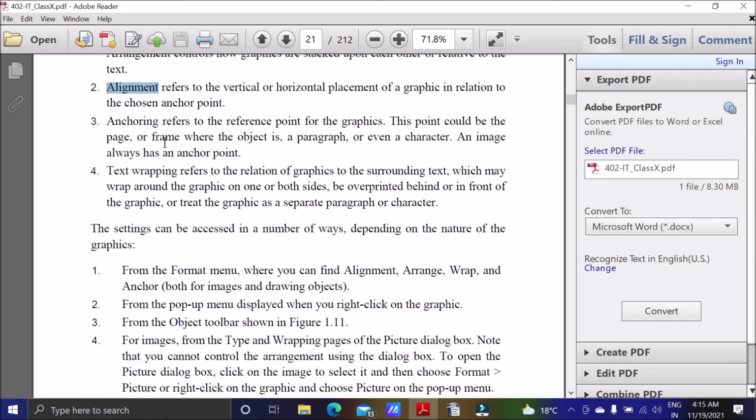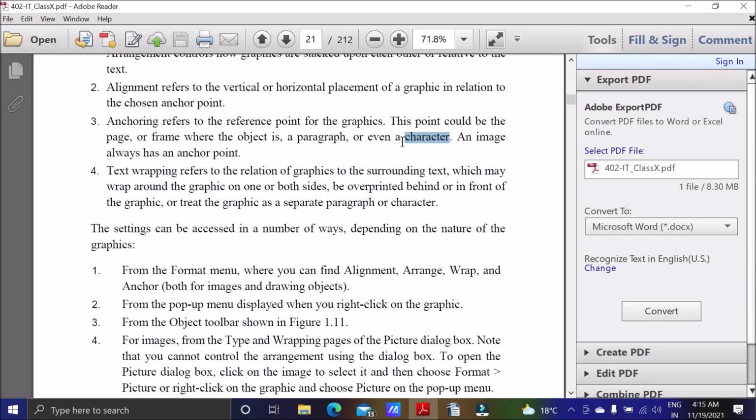Likewise, we can anchor the frame of the object, we can anchor the paragraph also. So the image will be aligned according to the paragraph, means the paragraph will become the reference, or we can even give a character as reference. So there are 4 reference points or 4 anchoring points.